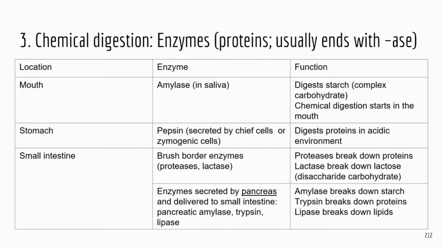All right, here I made a table to kind of summarize the major enzymes in different parts of the digestive system, and those enzymes are more likely to be on TEAS. In the mouth, we have amylase. Again, remember this. I've seen questions about amylase a lot. So amylase is in saliva, right? It's produced by the salivary gland. Amylase digests starch. Starch is a bigger complex carbohydrate. So if you get a question that asks you which of the following, does chemical digestion start, the answer would be in the mouth, in your oral cavity.